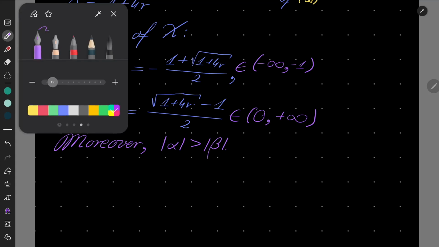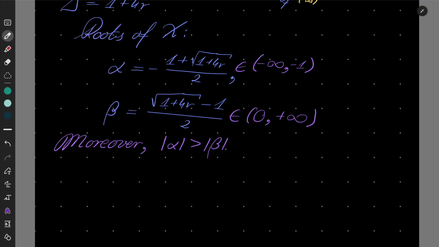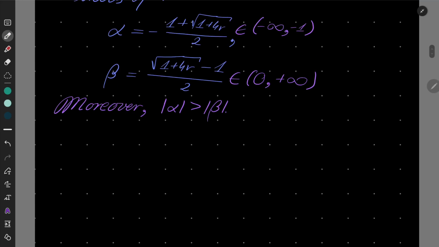And now that means, or one more thing, that means that we have two cases now. We have two cases. Since,